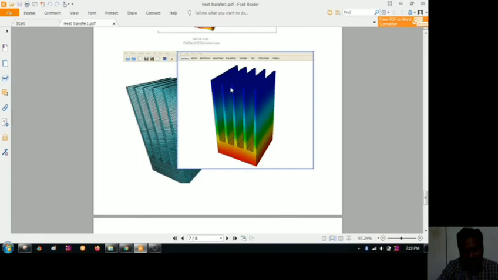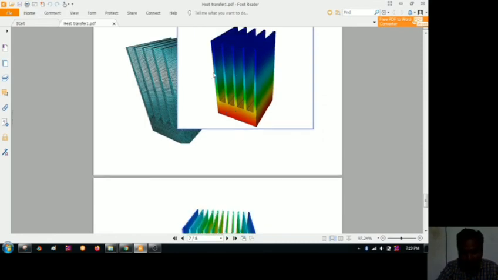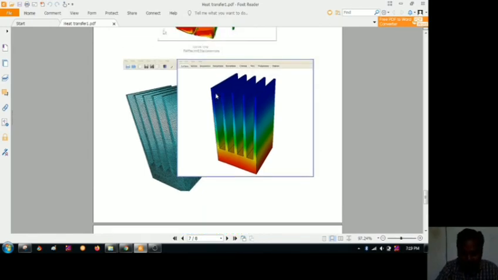Something like, if I take the heat source, that is the IC engine. You might have observed in your bikes, especially the bikes like Royal Enfield or Hero Honda, you are going to see this kind of structure above the engine. Don't try to touch it, but if you touch it, you will feel the experience of heat. So that is the beauty of these pin fins.